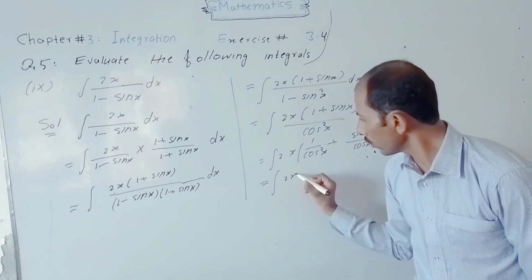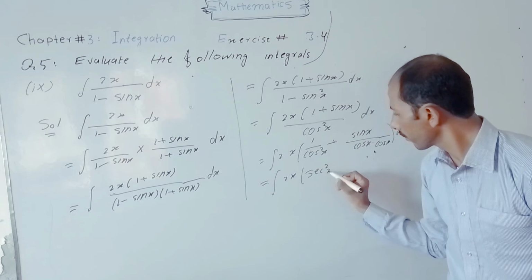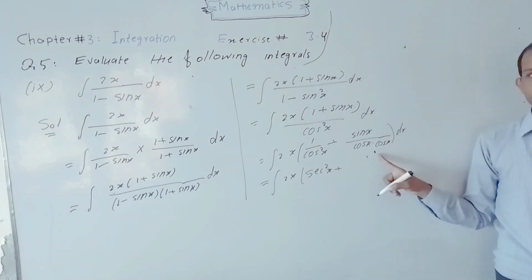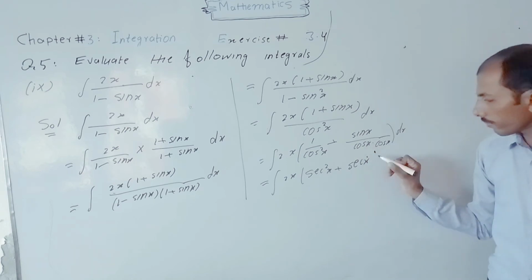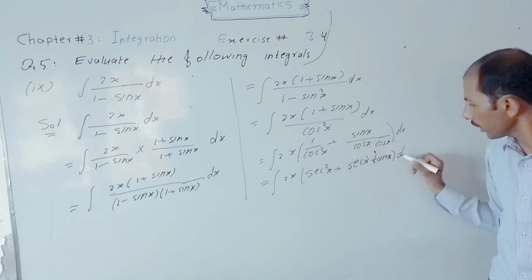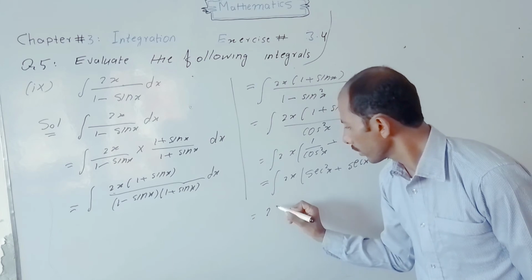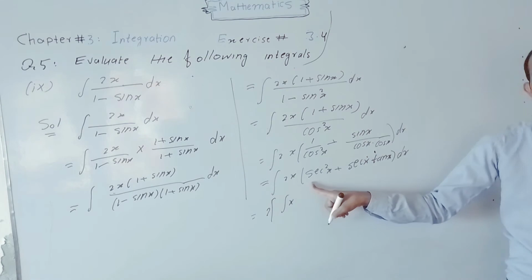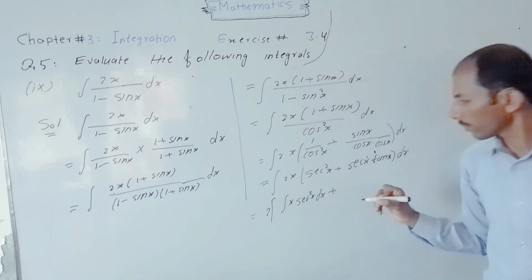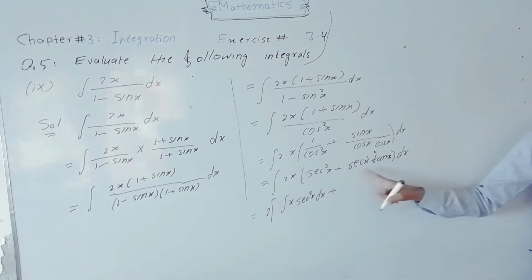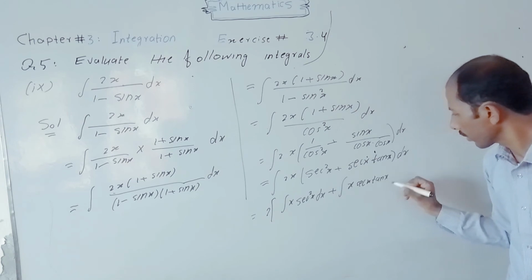2x, 1 divided by cos square x is equal to secant square x, plus 1 divided by cos x is equal to secant x, sin x divided by cos x is equal to tan x, into dx, which is equal to 2, first integral x secant square x into dx, plus integral x secant x tan x into dx,